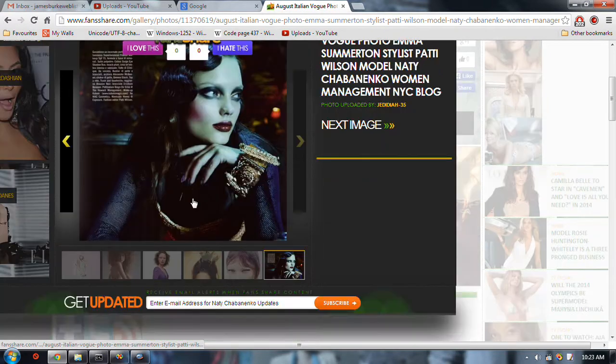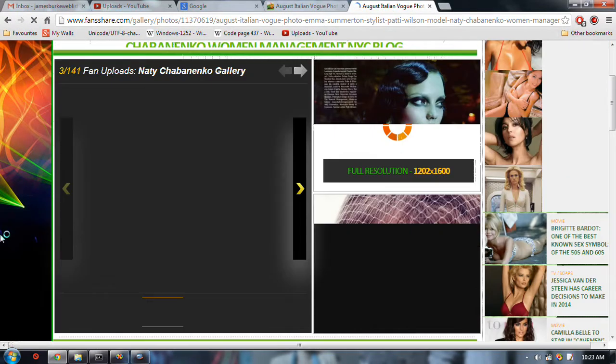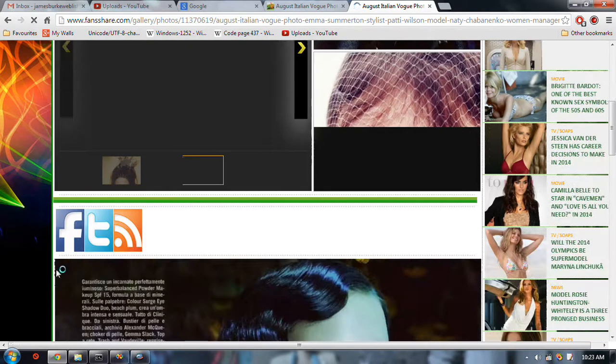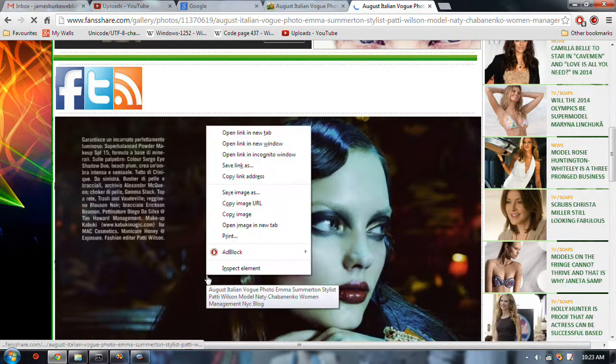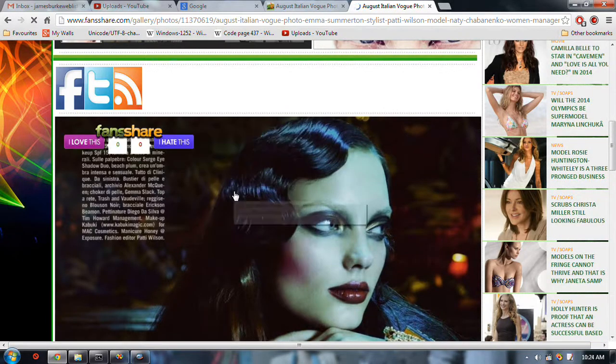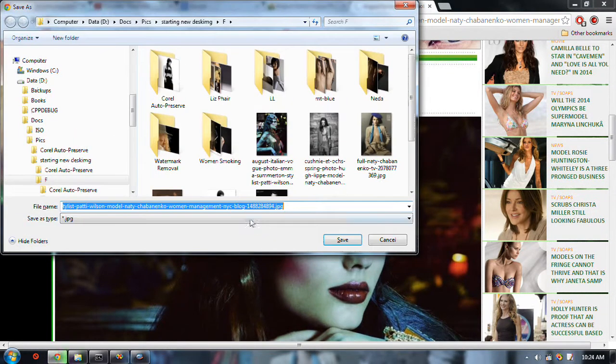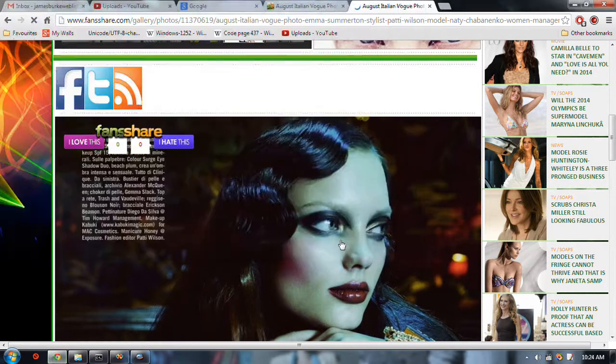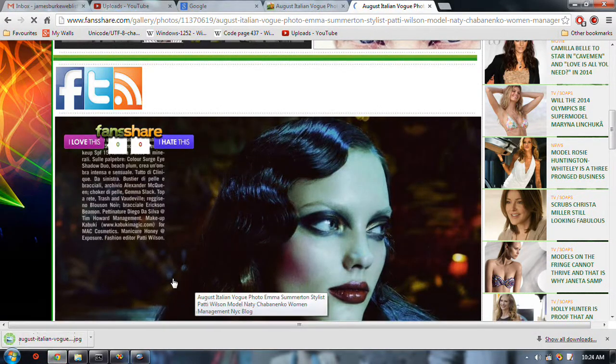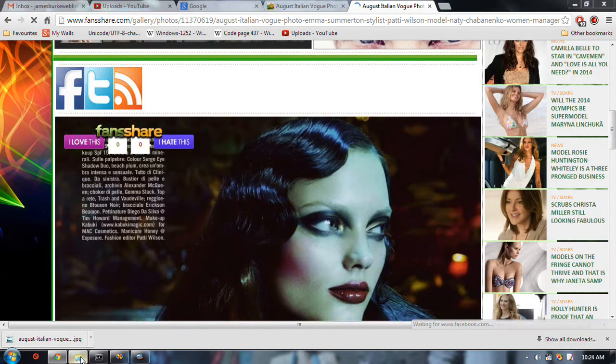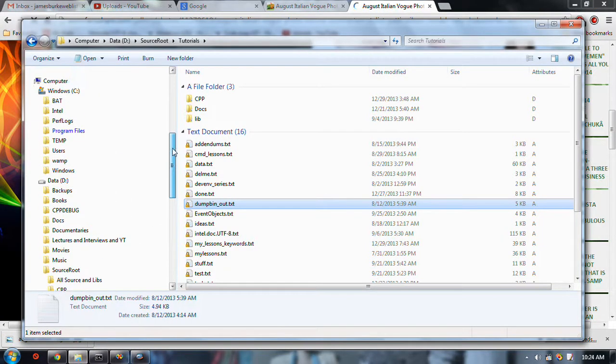In order to download them, you better click on it, and then scroll underneath here and save the image. Sometimes the image disappears, but you can always download it if you copy the link, and they're pretty good quality images.